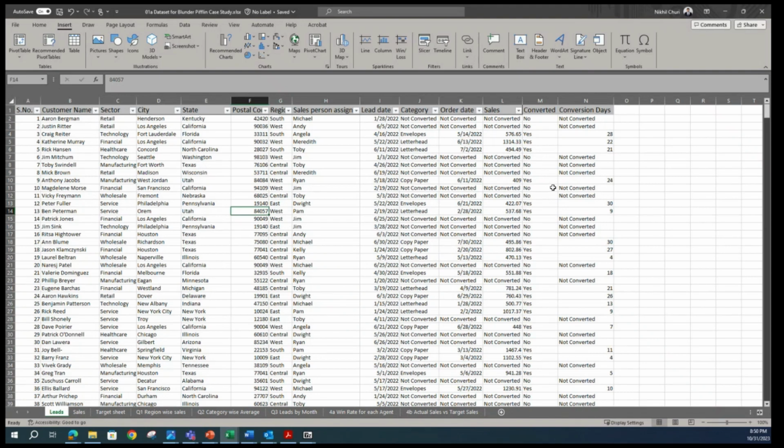Now that we are ready with our analysis, let us learn how we can visualize the data. When we are visualizing the data, we have to keep in mind what information we are trying to communicate. For example, in this first sheet where we had region-wise sale,